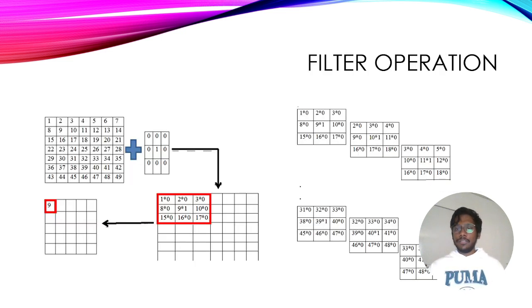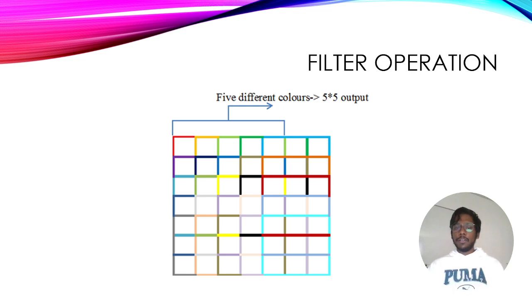I hope you understood this. And this is how the sliding occurs. You can see the different colors I've applied. So you can see the bottom one, the CN color I've applied. You can see the proper 3 cross 3 that is occurring. So this kind of a 3 cross 3 filter is what we are trying to apply on the input data,